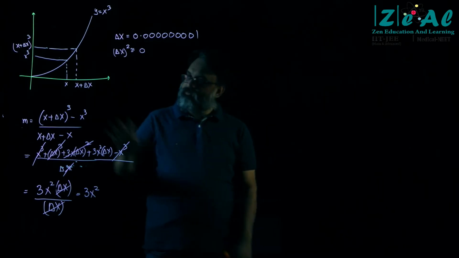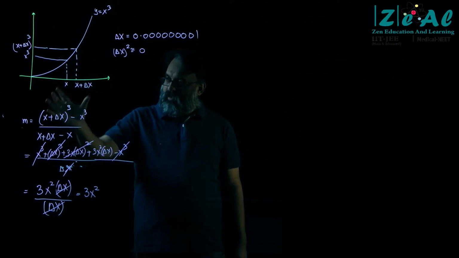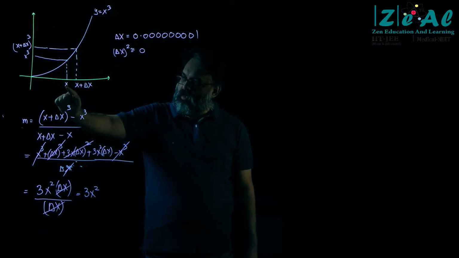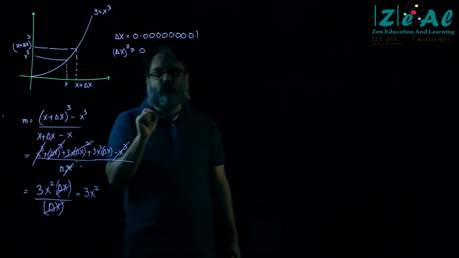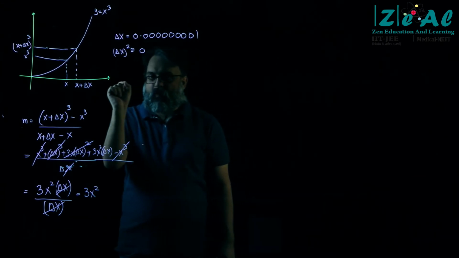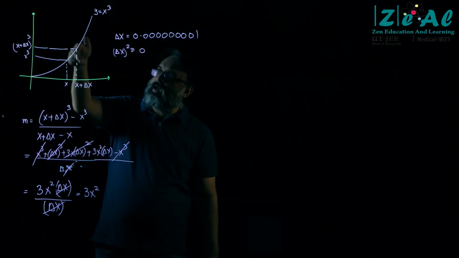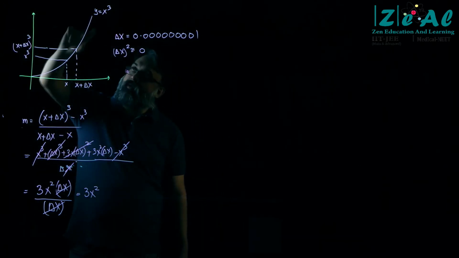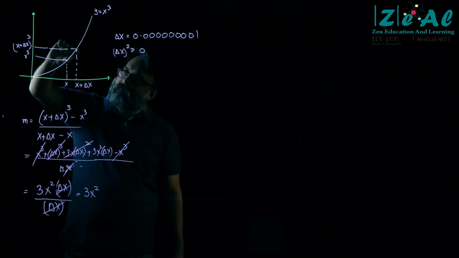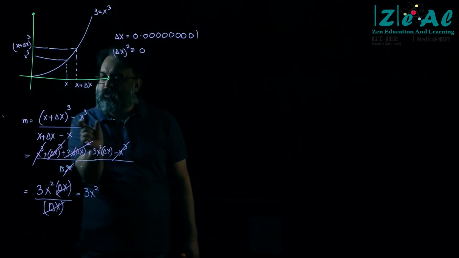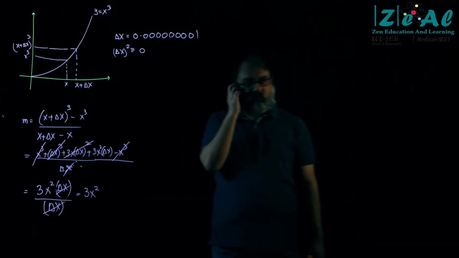First please answer, has everybody understood the basics of this? Basics of what? That I have chosen 2 x coordinates. The second x coordinate that I have chosen is a teeny tiny amount greater than the first x coordinate. And for these 2 x coordinates, I have found the 2 y coordinates for this graph. And then I assume that this looks like a straight line. And I have put everything in a formula which is y2 minus y1 upon x2 minus x1. Is this understood by all?